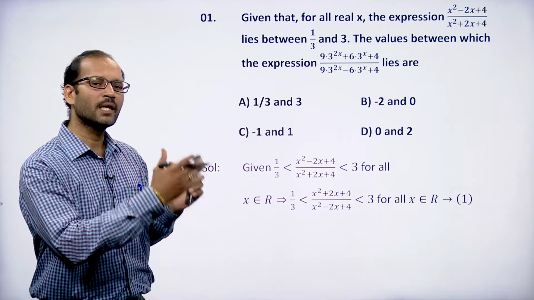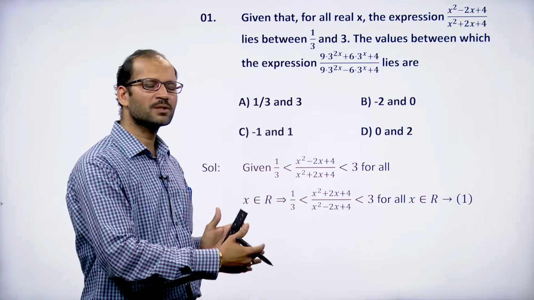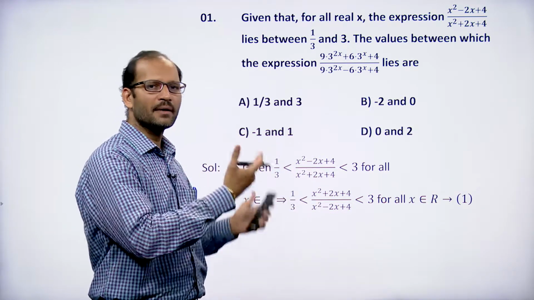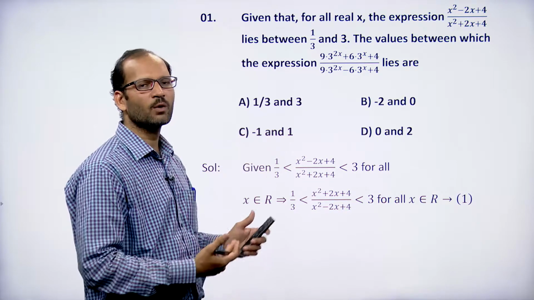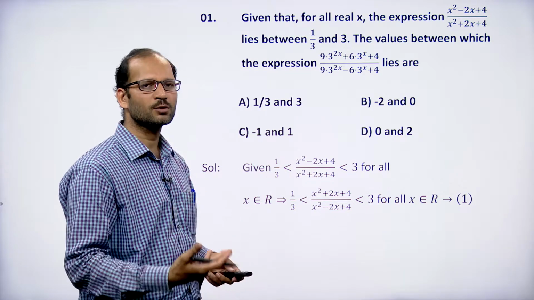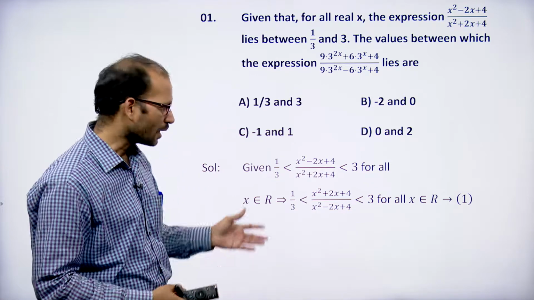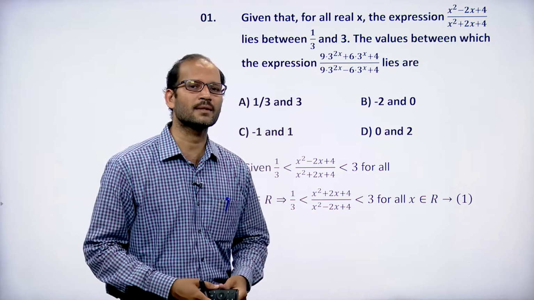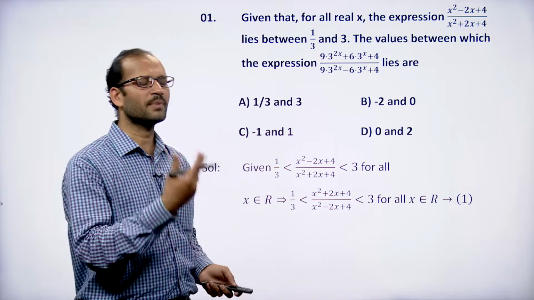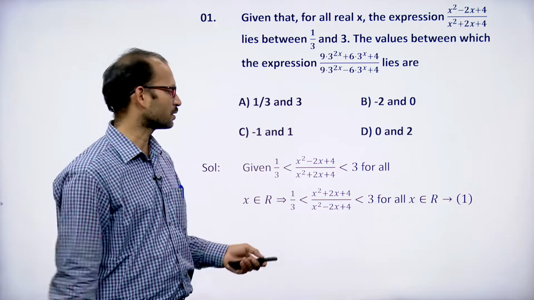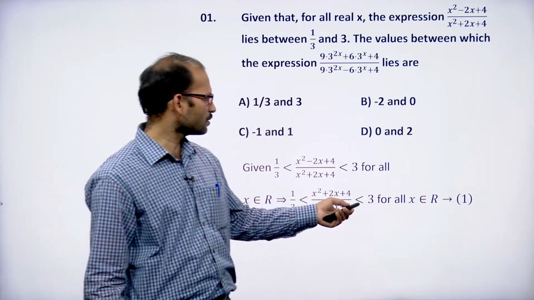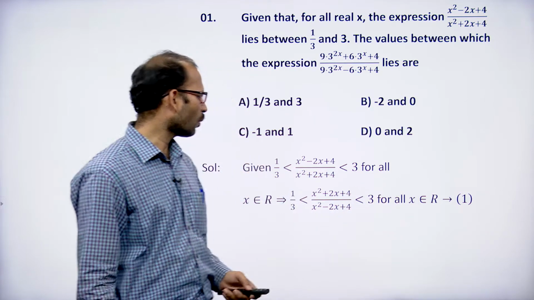And we used a shortcut, it is not the actual method. That method is we should take that expression equal to y and cross multiply and form a quadratic equation, and for all x belongs to R, b square minus 4ac greater than or equal to 0. That method I will explain in the next questions. We applied the shortcut method for that question. So this expression is lying between 1 by 3 and 3.